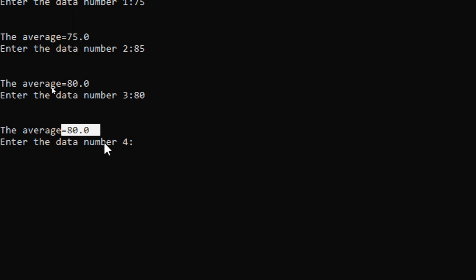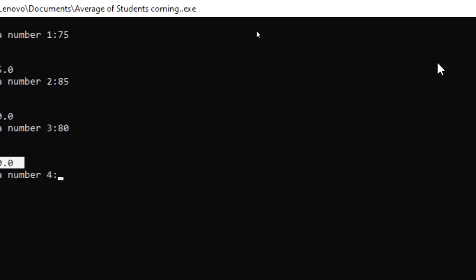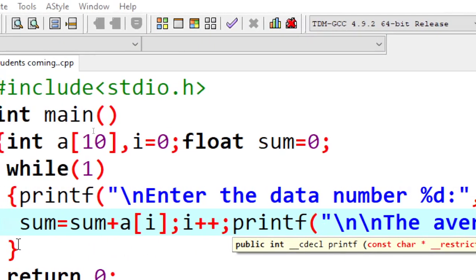But suppose I am getting only 3 students here, 1, 2, 3, only 3 students. Then there is a wastage of memory blocks, because